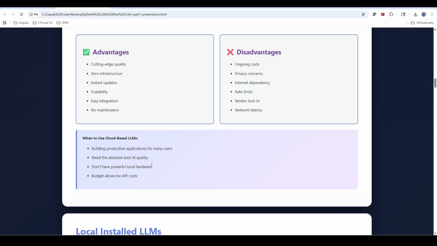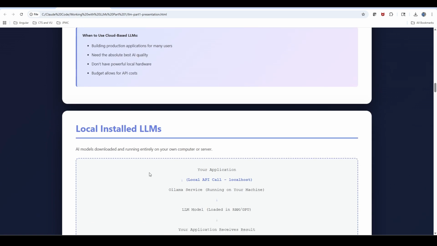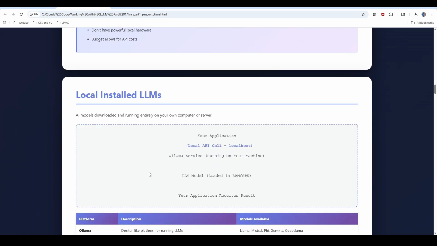Now let's talk about the locally installed LLMs, right? Locally installed LLMs are nothing but models that will be installed in your machine. So that is available as part of your machine, and then you can directly access those APIs via REST mode, or you can use their clients.